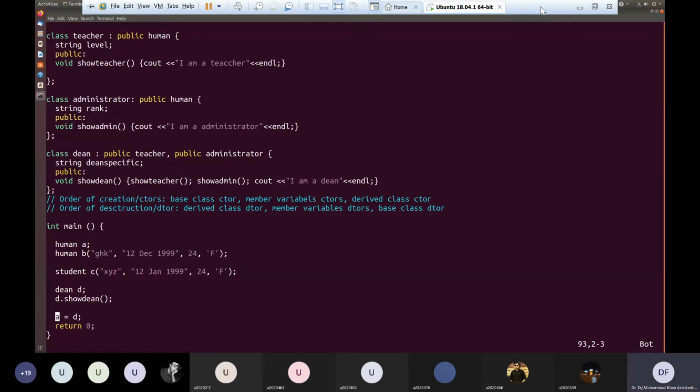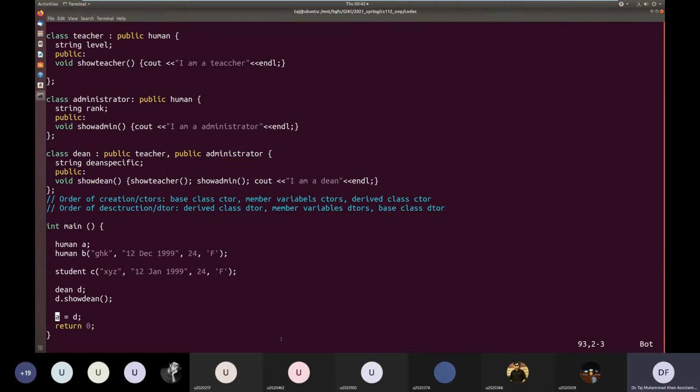These two types, although they are different, are in a way related because they are related through inheritance. And also, as we say, a Dean is a human. So there is a relationship between these two objects, and it will not give you an error. It will allow this copying because it assumes that these two objects are related. So there are still some similarities. So it will copy the common part from one object to another, but usually we don't do this.